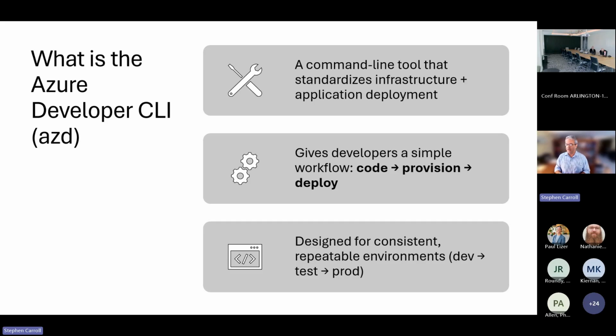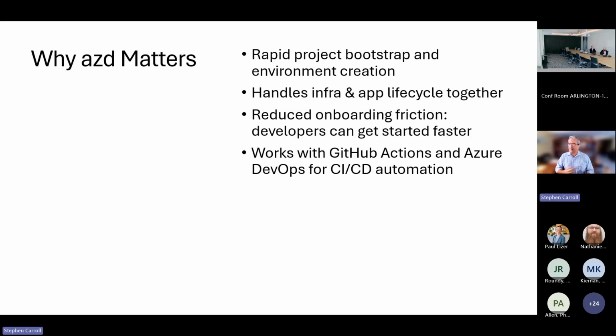So two big pieces, and some teams will have great experience in deploying the infrastructure and not the application, and other teams will have just the opposite. This is a way that you can marry those two pieces together and have it all just work, and makes it really consistent to be able to come back to. So why does this matter? So again, as I said, it's repeatable. So in our solution here, we've defined all of the different components as bicep files. The AZD deployment solution also has the ability to deploy Terraform code as well as bicep. We've chosen to go with bicep just out of our own benefits, but